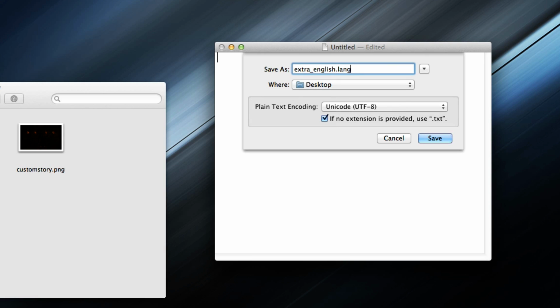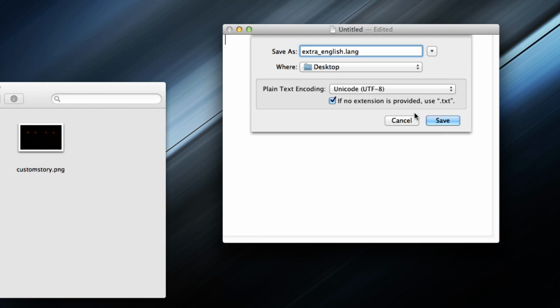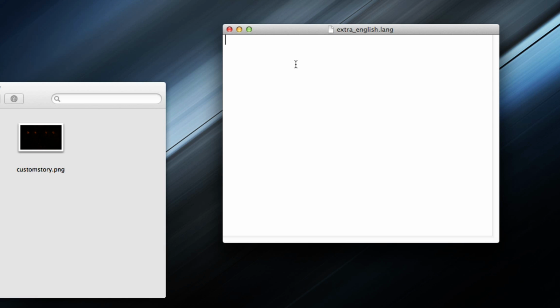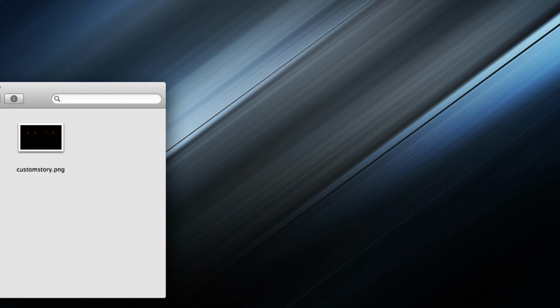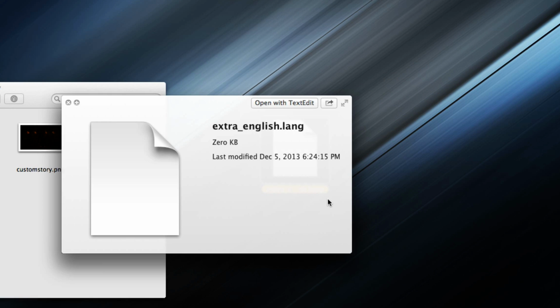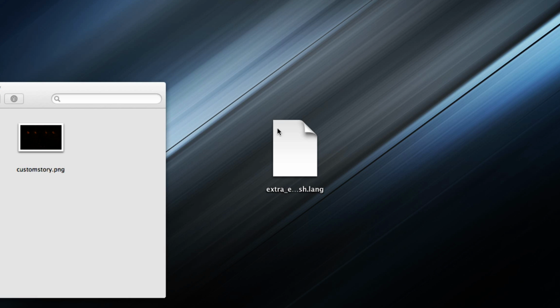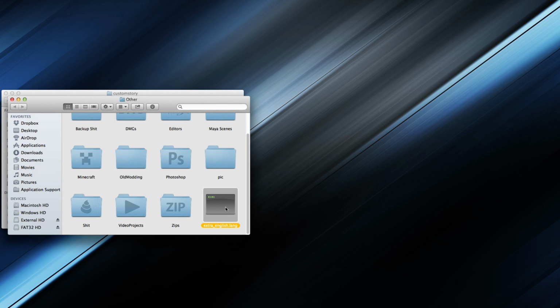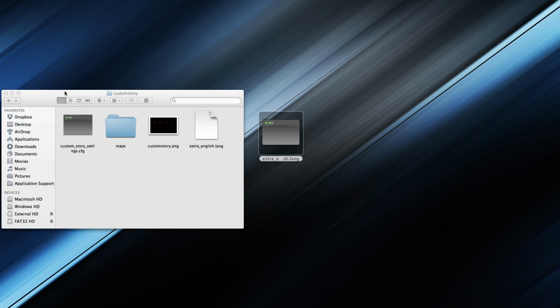Actually I probably don't want to replace this. Let me just move it away. Alright, so now I have saved this file on my desktop, and it's just a very blank file right now, 0 kilobytes, as you can see. Very simple file. I'm going to put it up right here next to my story, and although it looks a little different visually than the other one that I had right here, let me just move that back for example.